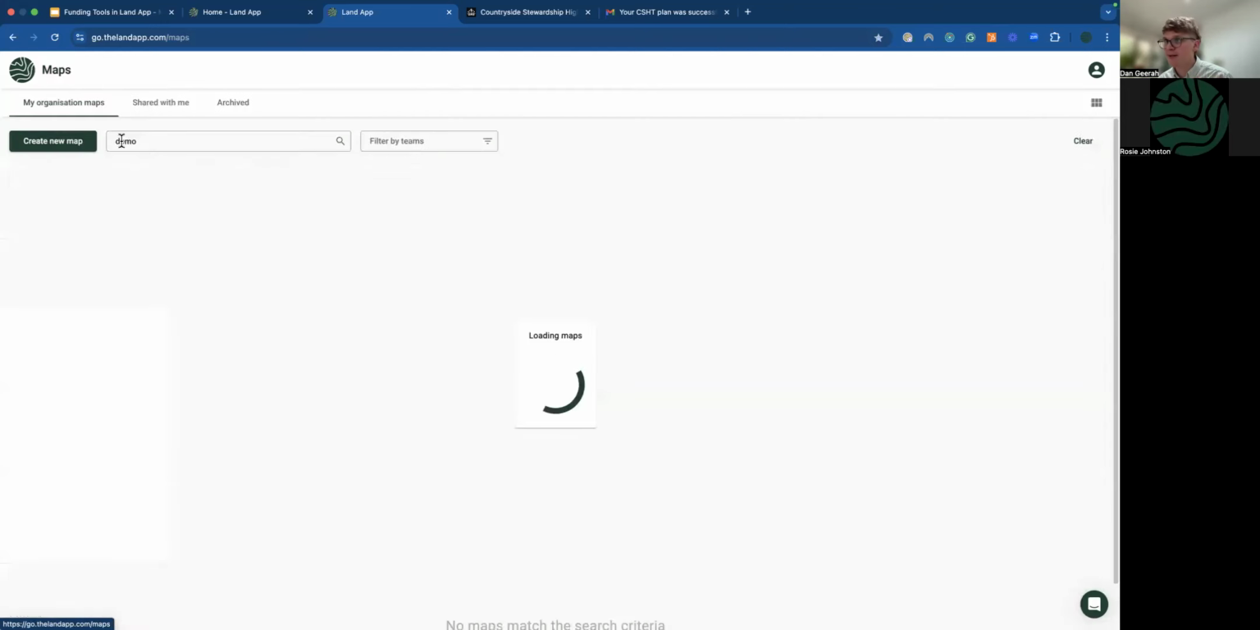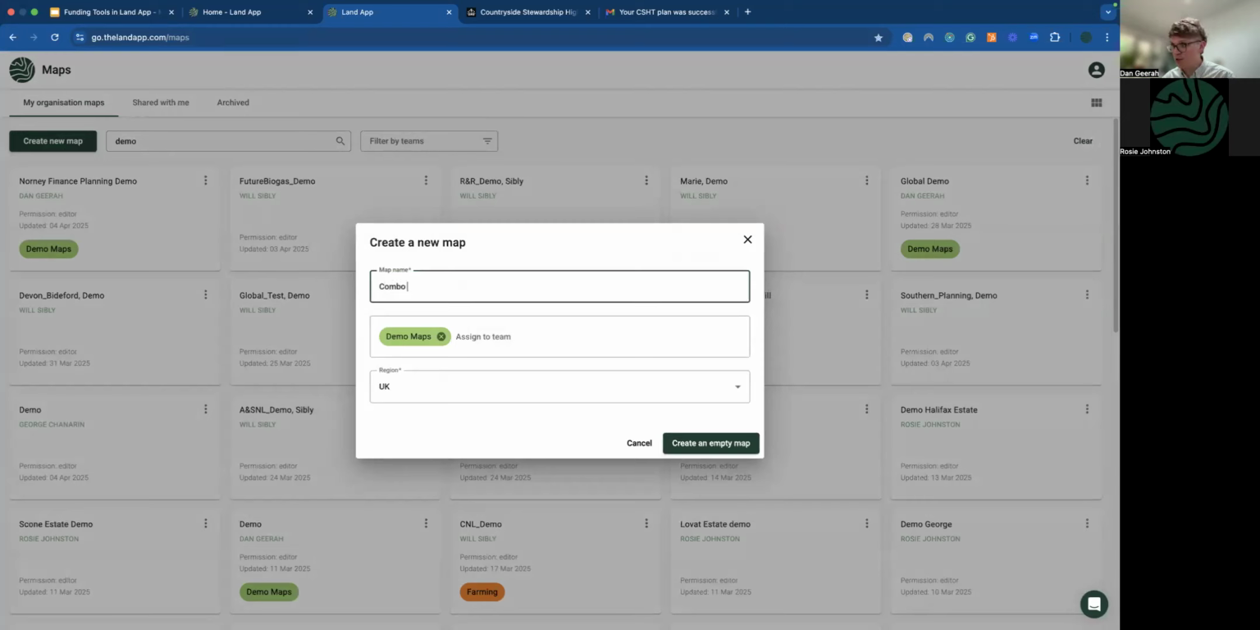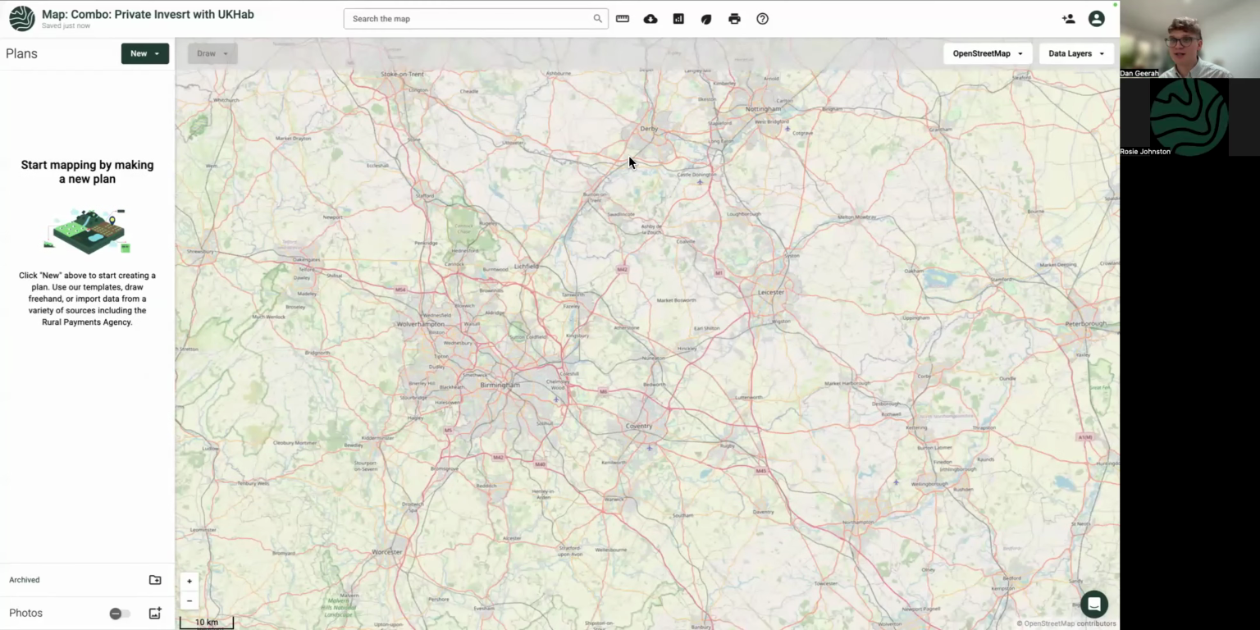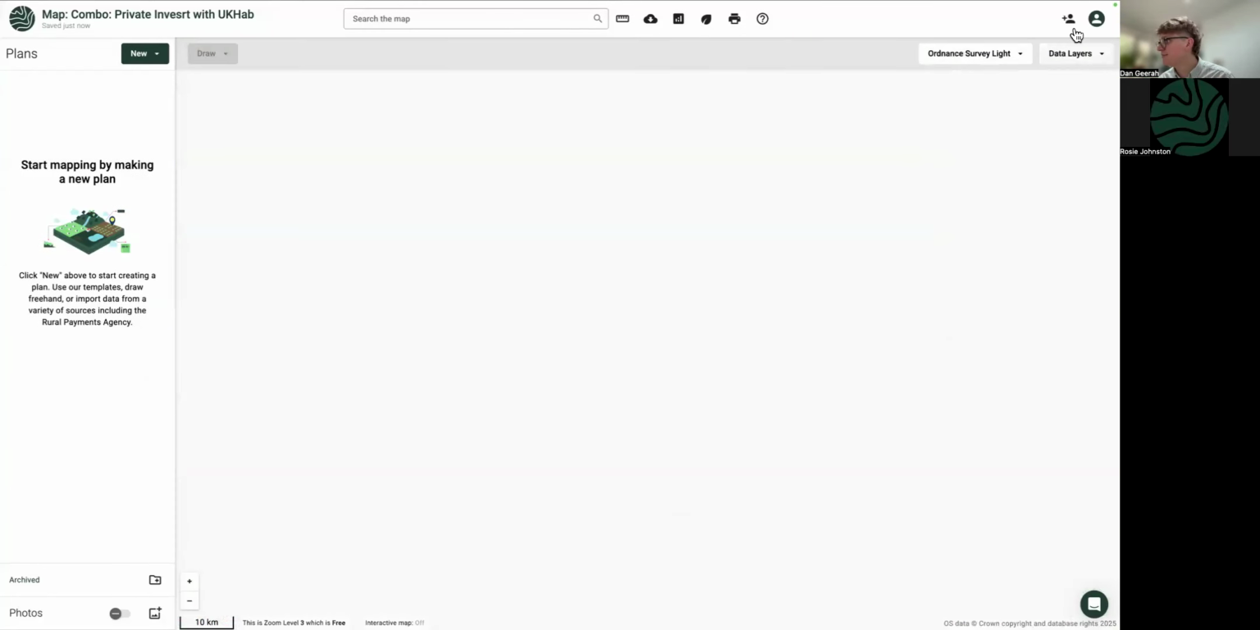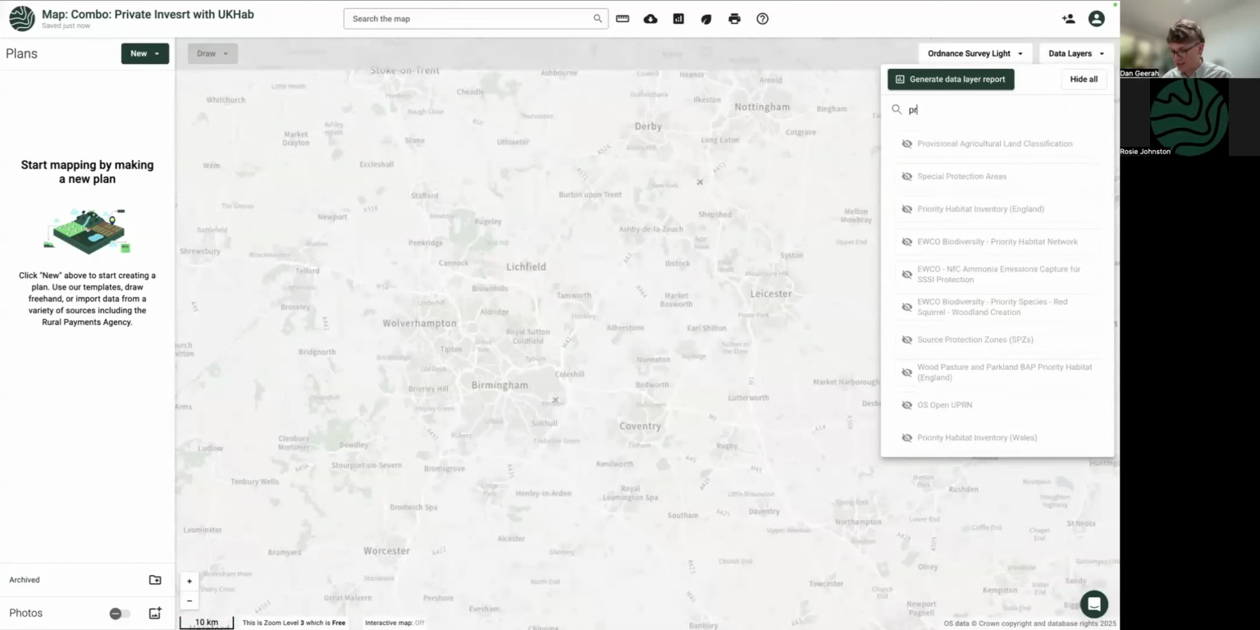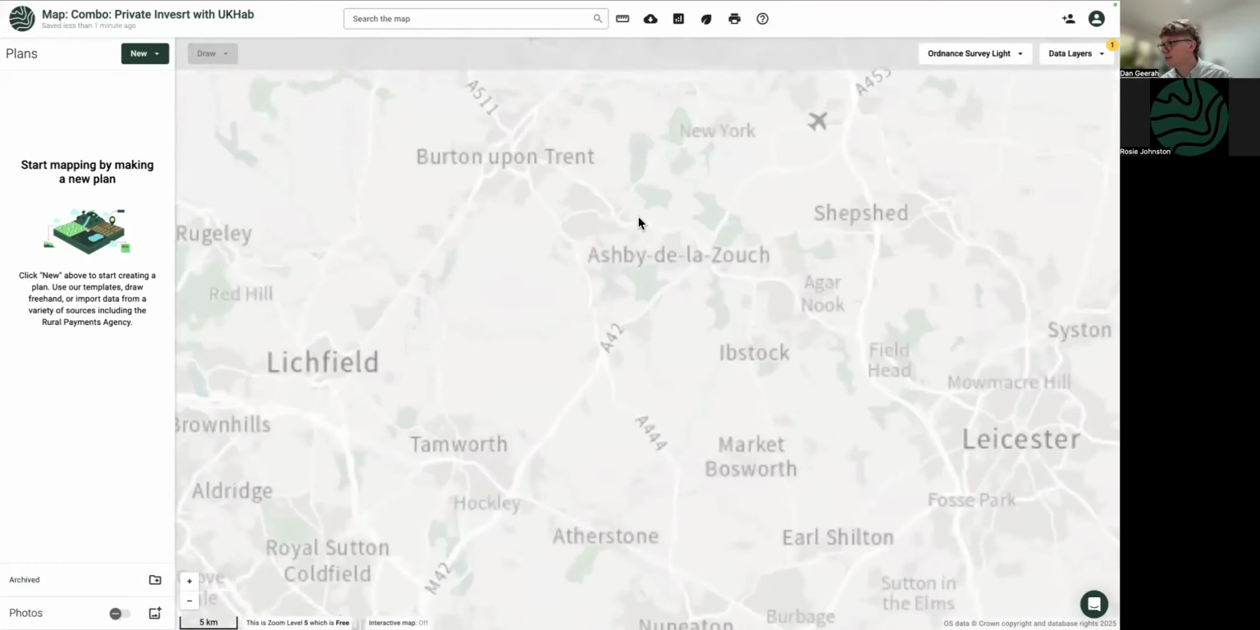It's out there. So combo number 2 is we are basically looking at a new site, private investment with UK Hab language is what I'm trying to do. I'm going to basically go from start to finish in probably 7 minutes, hopefully, if everything goes to plan. And I'm going to choose an exciting site that has priority habitat in just to get a bit more